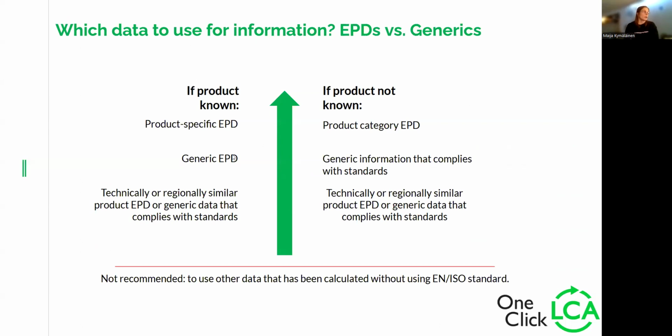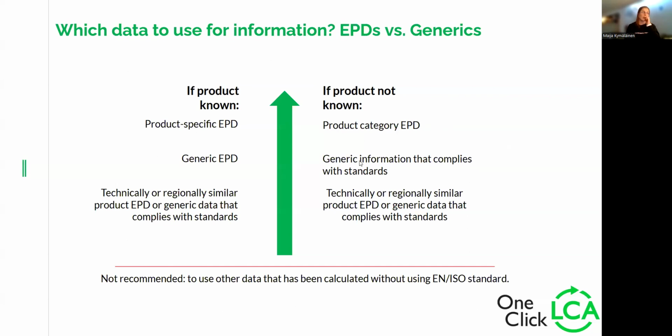If it doesn't, you can go for a generic EPD, so a sector EPD or an industry average EPD, or then you can go for a technically or regionally similar product EPD or generic data that complies with standards. So for example, OneClick LCA creates these kind of generic data points that can be easily used as average values. But if the product is not known, you should first go for product category EPD and